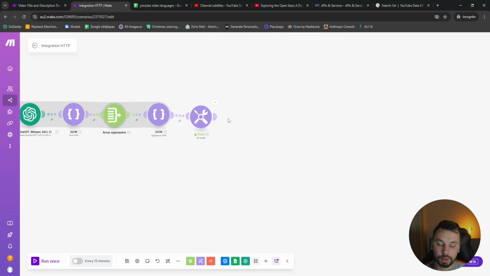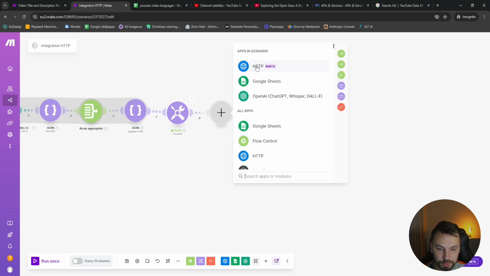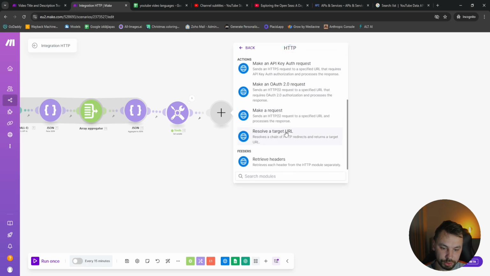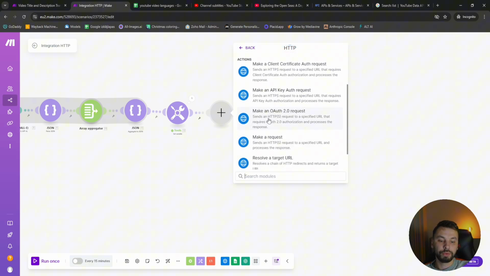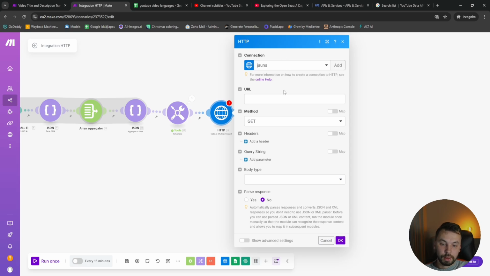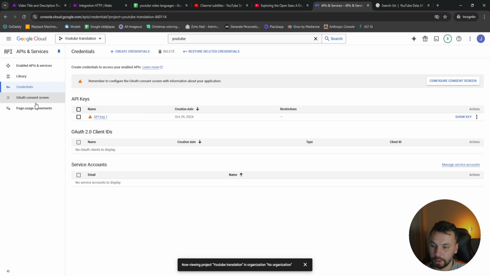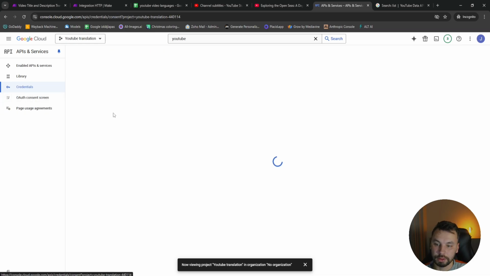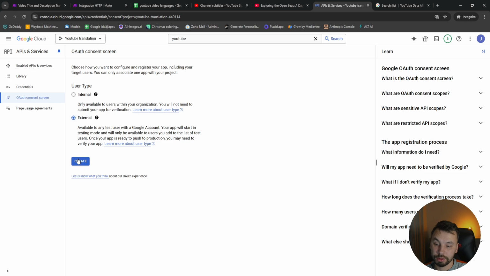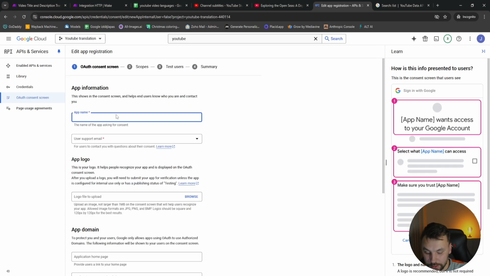So the next one is the most interesting part and then the most complicated part. So we're gonna have HTTP module, but it's gonna be make OAuth 2 request module. And here we need to add a connection. So basically we need to fill out all these details. So first we're gonna head back to the console and we're gonna click on OAuth consent screen. It's gonna be external, create. It's gonna be YouTube